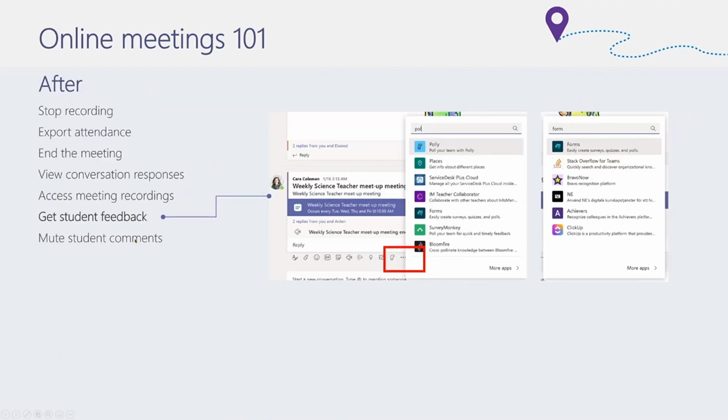So as we're getting that student feedback, or we want some more student feedback, we can make sure that we go and use things like Polls and Forms again. Again, making sure we click on the 3 dots so that we can start to create the Poll or the Form. Both work in exactly that same way to create them, and we'll go through how we can do some of those in a moment.